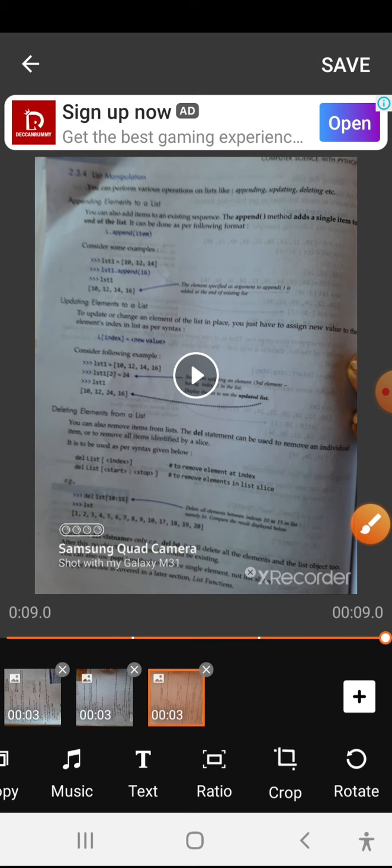So the list object will also go. We can also use the pop method to remove a single element, not a list slice.